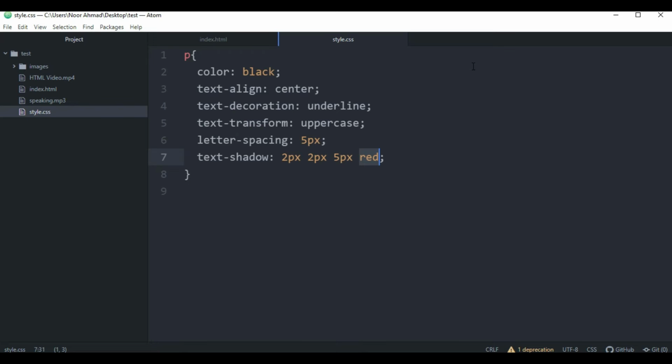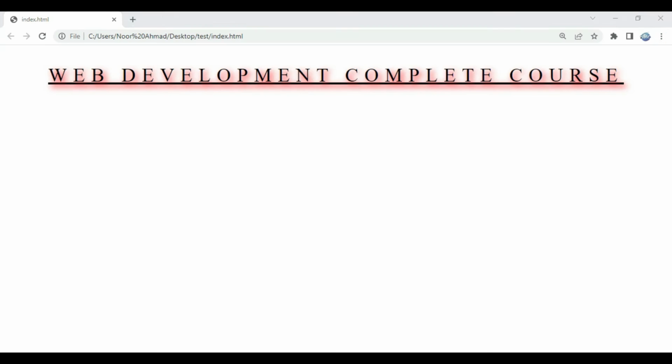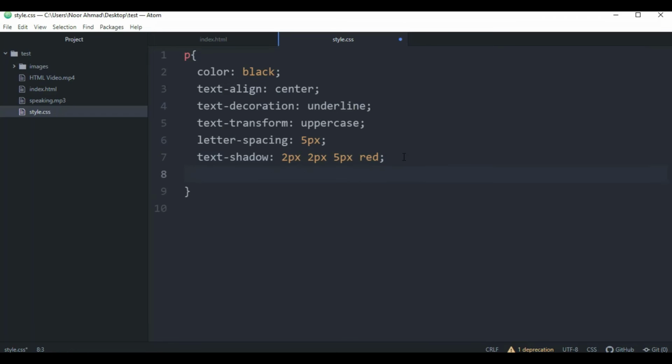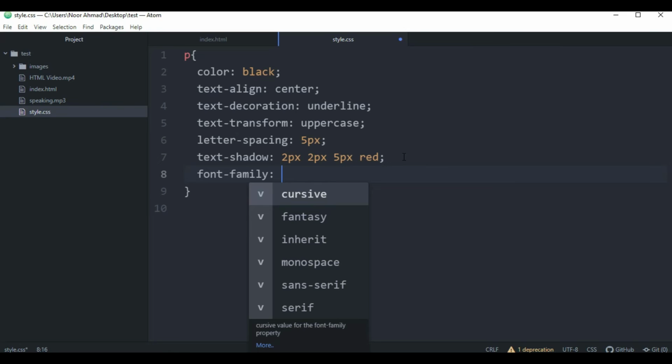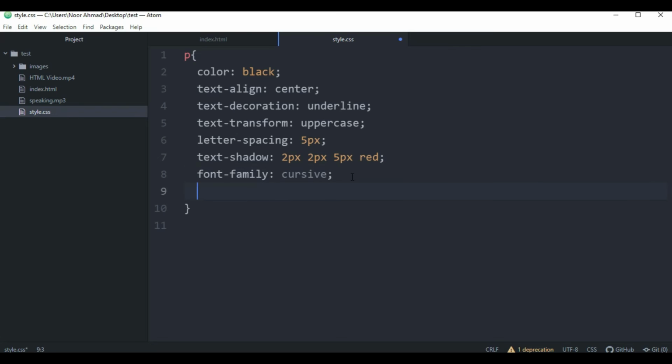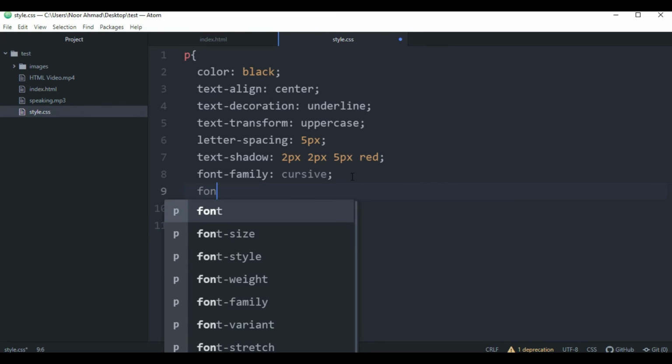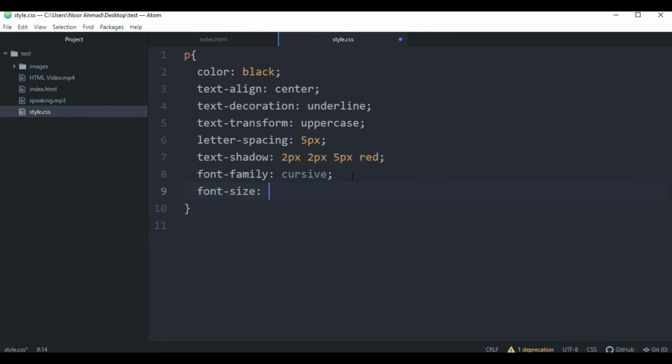So let's add some font style and font family to this paragraph. For this, we are going to use the font. First, we are going to use the font family, and here you can see we have some font family styles. So I'm going to use this first one. So the next we have font size, which is really important, adding the size to your font. So here I'm going to choose 30 pixels,